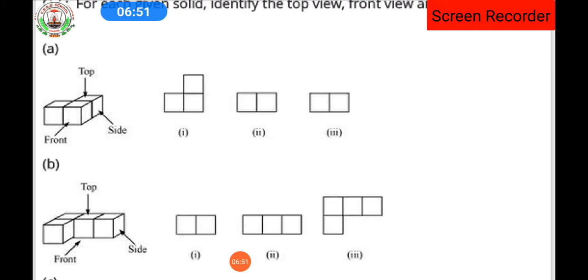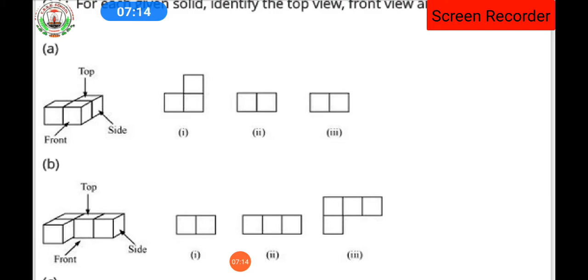मतलब ये क्वेश्चन नंबर 2 में आसानी से पहचान आ जा रहा था उसका साइड व्यू, फ्रंट व्यू और टॉप व्यू. बट क्यों आसानी से पहचान आ जा रहा था? क्योंकि वो 2D फिगर है. 2D मीन्स 2 डायमेंशनल फिगर है. हम वही चीज़ 3 डायमेंशनल, मतलब क्वेश्चन नंबर 3 में हमको 3 डायमेंशनल का फॉर्म दिया हुआ है. इस 3 डायमेंशनल में टॉप व्यू, साइड व्यू और फ्रंट व्यू हमको पहचानना है.